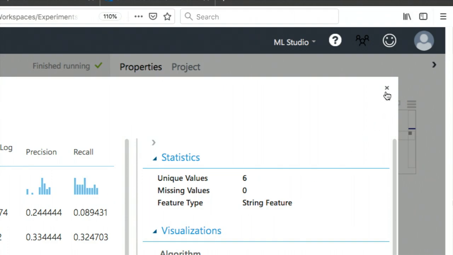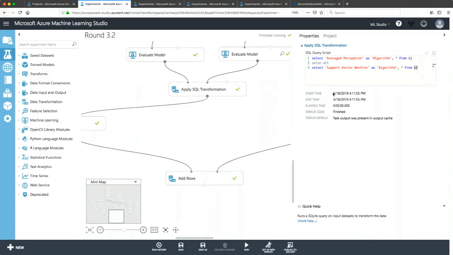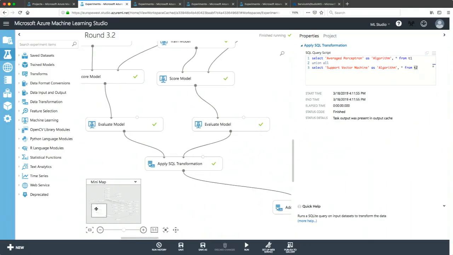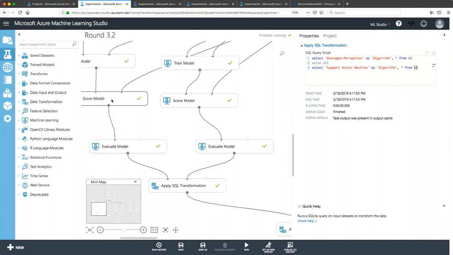Well, I would create two data sets for that. Basically, we have the results of two models, and they're outputted by the score model module. Then, in theory, I could apply a SQL transformation and run a join. Or I have other modules that allow me to do that. So yes, you can do that. You can see the correlation between the two outputs.